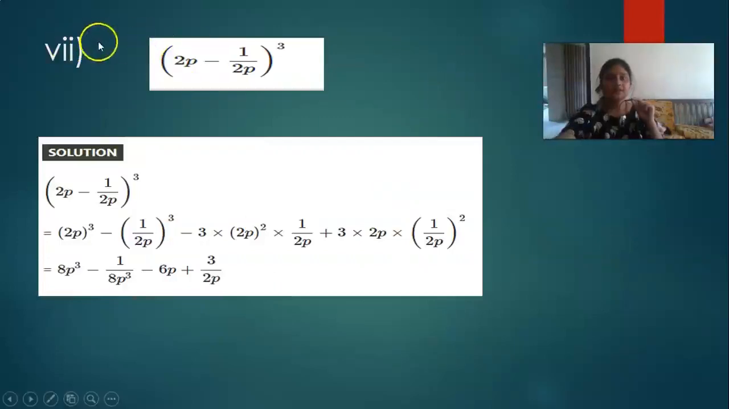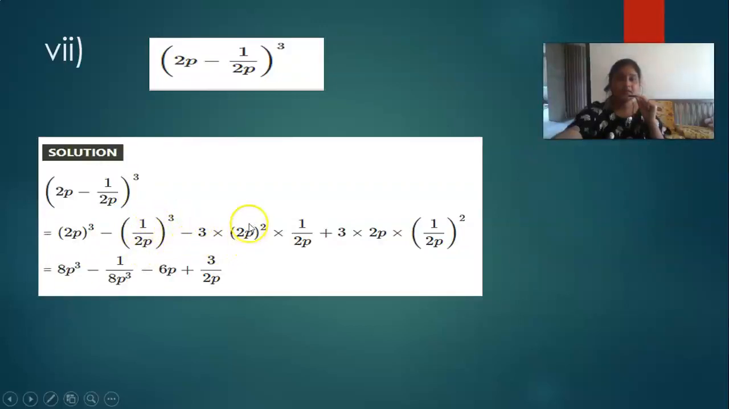Now the seventh one, (2p minus 1 upon 2p) cube. Here also the same formula. Let's continue. 2p minus 1 upon 2p: a cube minus b cube minus 3 times a square b plus 3 times a b square. You learn the formula so that you can solve it easily. So a cube, what is our a? 2p. And what is our b? 1 upon 2p. So a cube, that is (2p) cube, minus b cube, that is (1 upon 2p) cube, minus